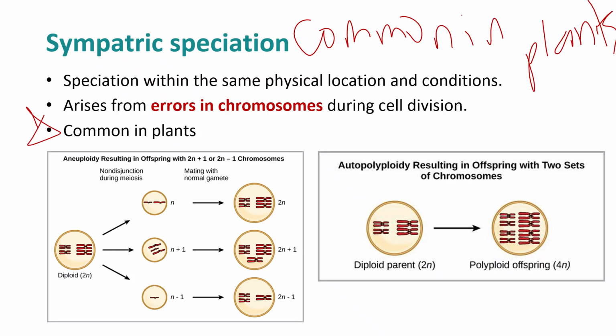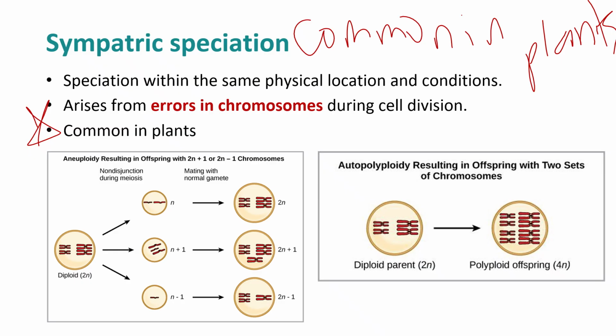I know I have it written here, but just so you know. In fact, scientists have discovered that more than half of all plant species are related back to a species that evolved through polyploidy. With such a high rate of polyploidy in plants, some scientists hypothesize that this mechanism takes place more as an adaptation rather than an error. And polyploidy is just having more than two complete sets of chromosomes, right?